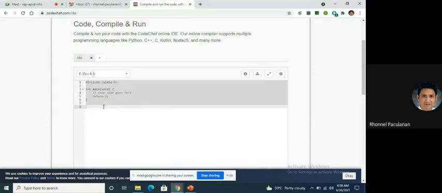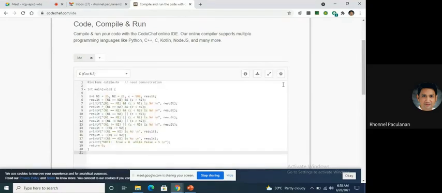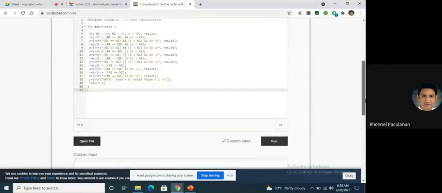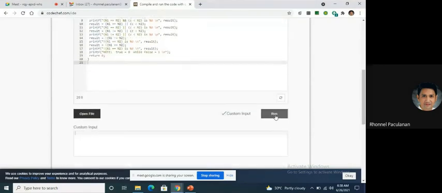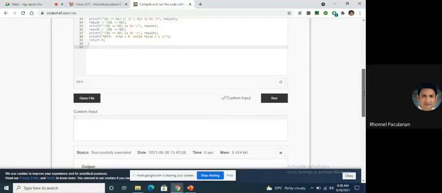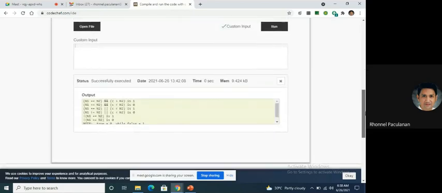Copying the content of my program, below this is the run button, meaning we may see the output when we run. If there is no error in your program, if your program is correct, the output will be displayed on the screen below.